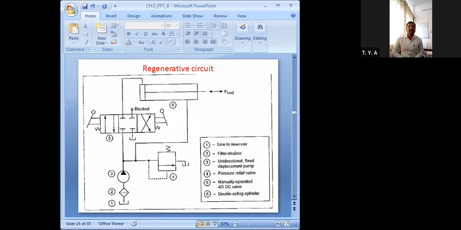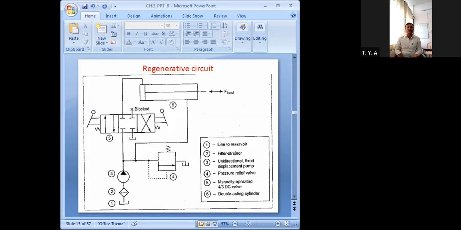That means the extension stroke will happen. When the oil flows from this pump to this first position, then passes through this pipeline to the cap end, due to the pressure of the fluid, the piston of your double acting cylinder will move to this side.